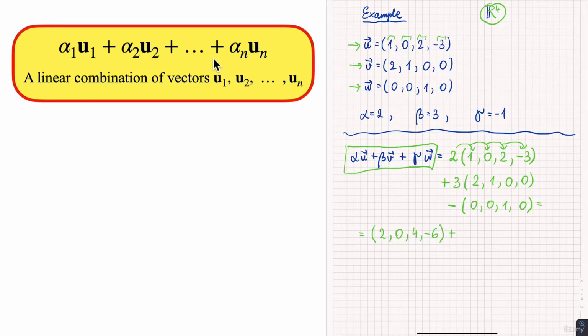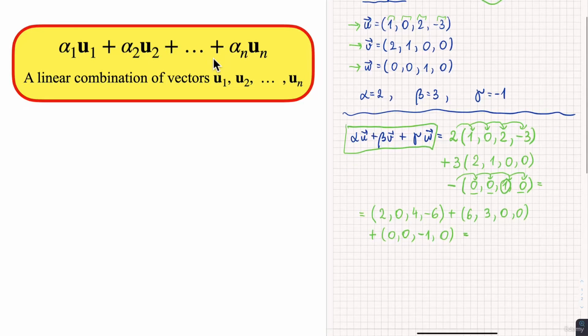So it will be 3 times 2 is 6, 3 times 1 is 3, and then 2 zeros. And I can write, add 0, 0, -1, 0. So you see what I have done here. I have multiplied all the components of the last vector with -1, and these zeros do not affect it at all by the multiplication by -1, of course, and 1 is becoming -1. And now it's just vector